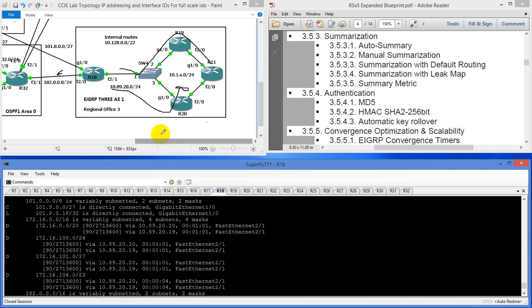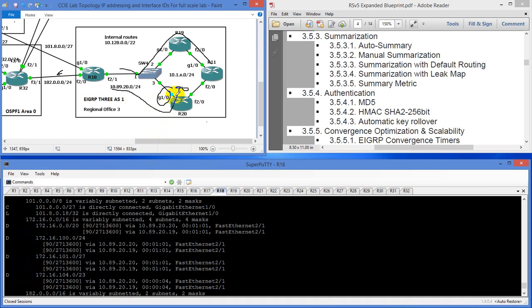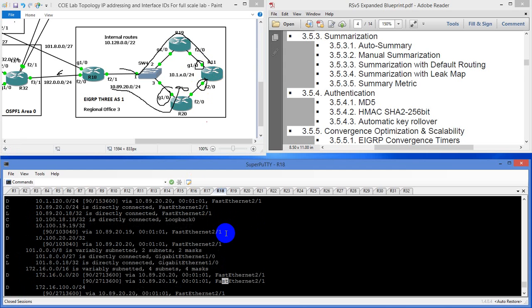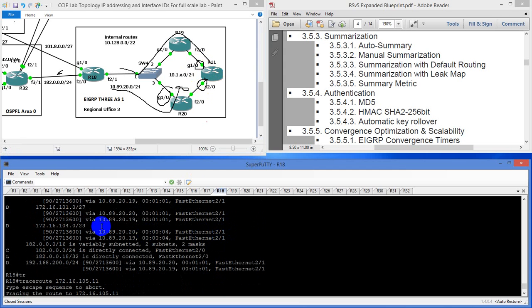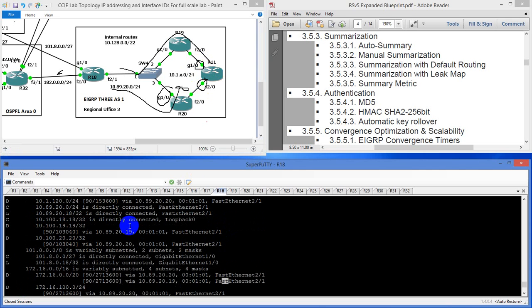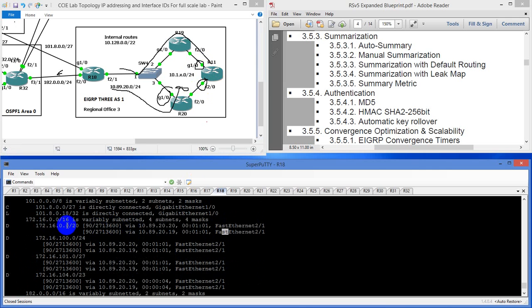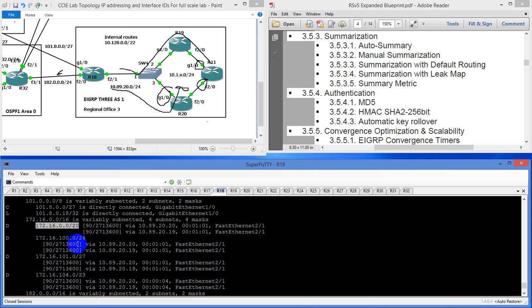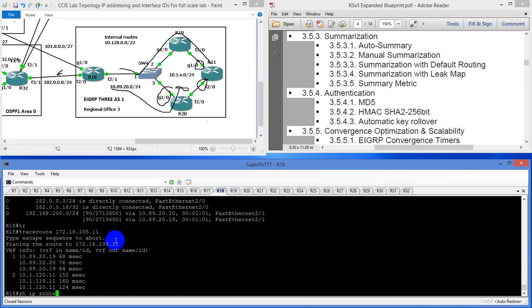Now, if we wanted to prefer something, we could go on gig1/0 and make a change on this one to make it worse, or we could modify something on this guy to make it worse, or this side. So the delay, we could modify the bandwidth. The longer match is going to win with just about anything. I'm trying to think here off the top of my head, it's actually advertising in addition to. So these all fall into the same category right here. Because they're all 172.16, it follows underneath that. Now if it goes somewhere where there's not a route,